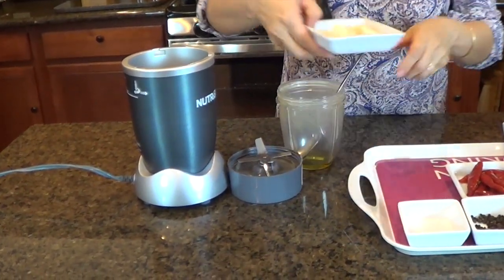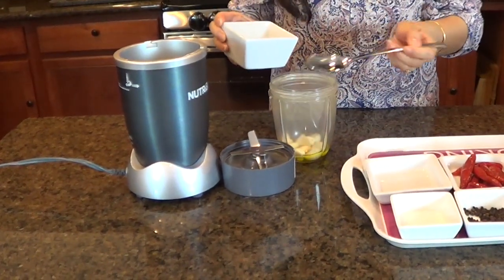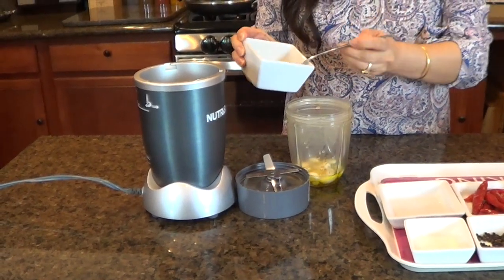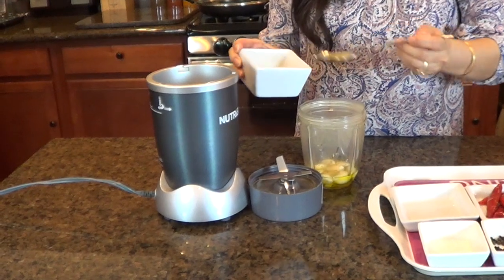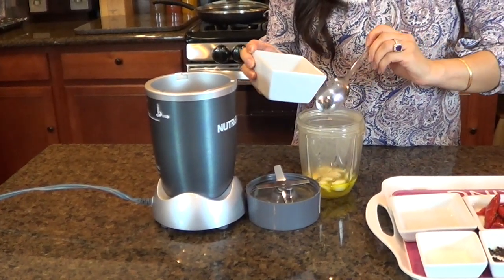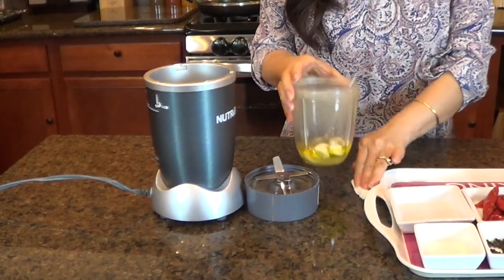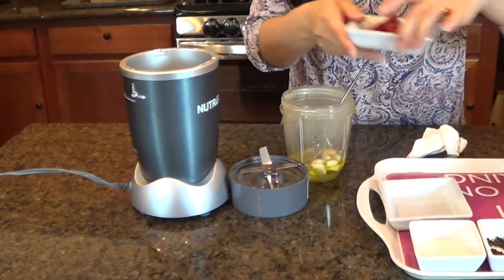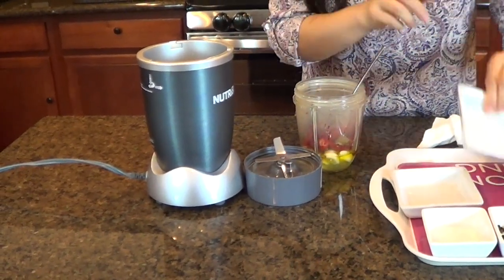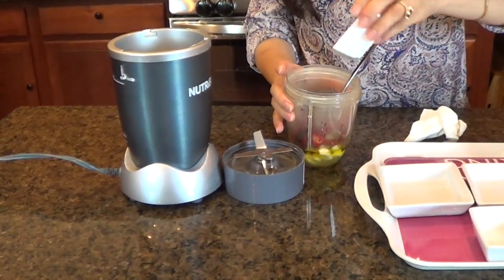And then add your garlic, about 1 tablespoon, 2, 3, 4, 5 tablespoons of lemon juice, all of your red pepper, black peppercorn, and salt,